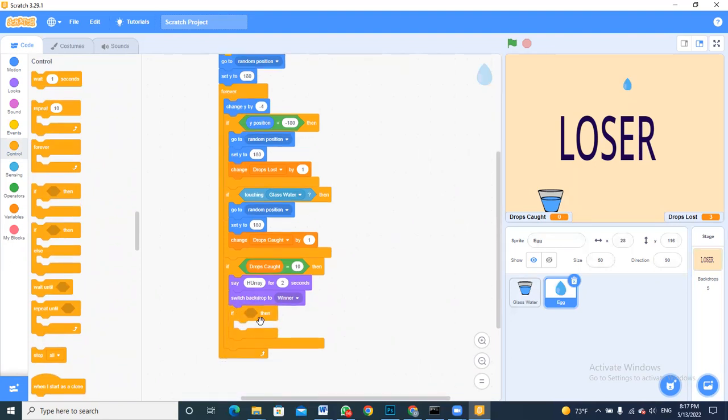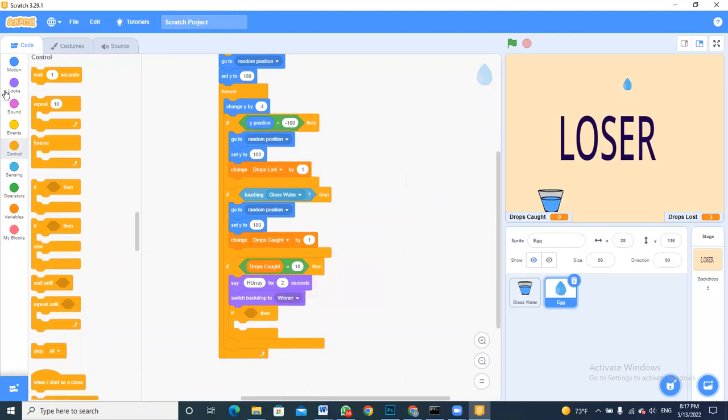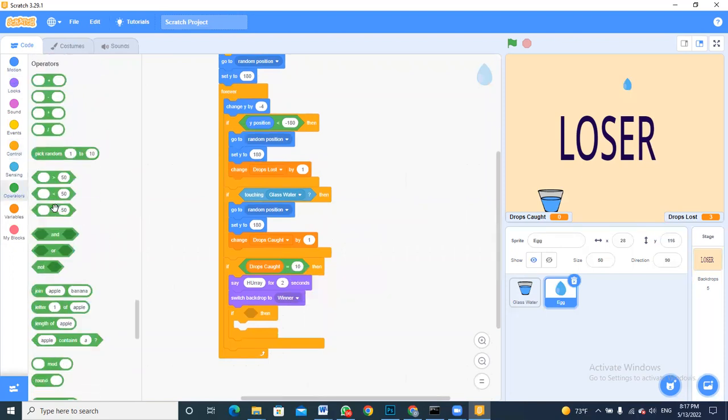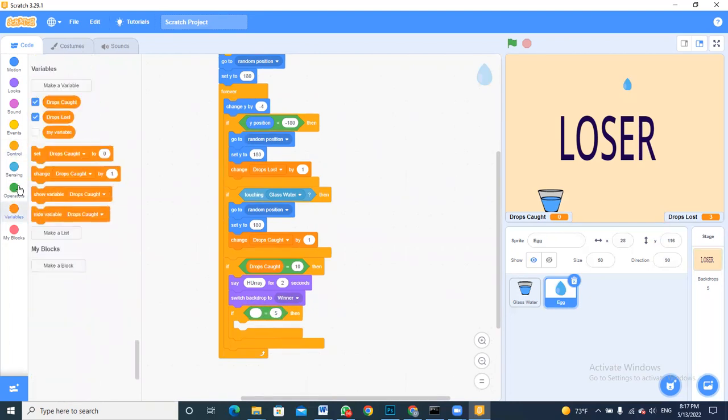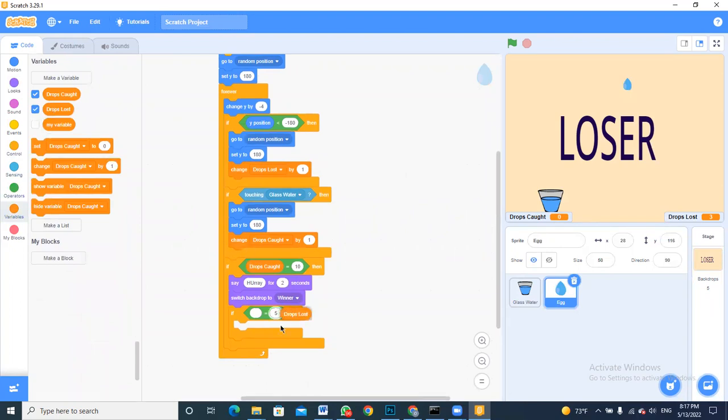Now we are going to choose the operator again, with the equality sign again. And now we have to check 5 drops lost. Drops lost you are going to get in the variables. If the drops lost is equal to 5,